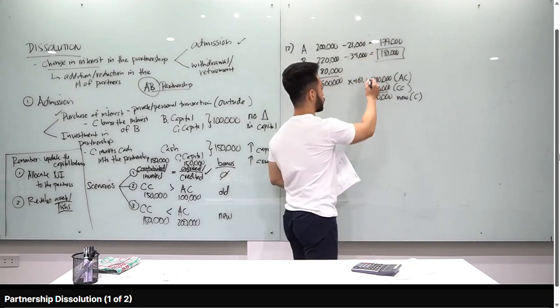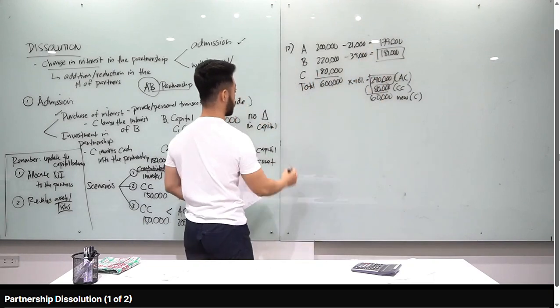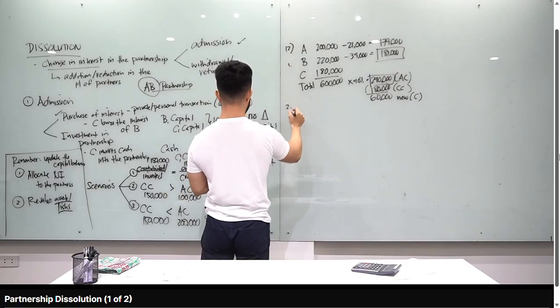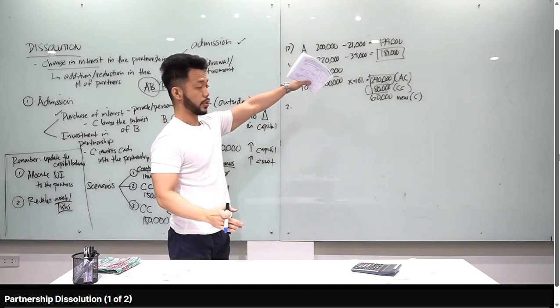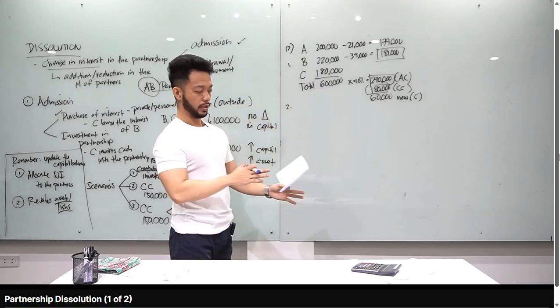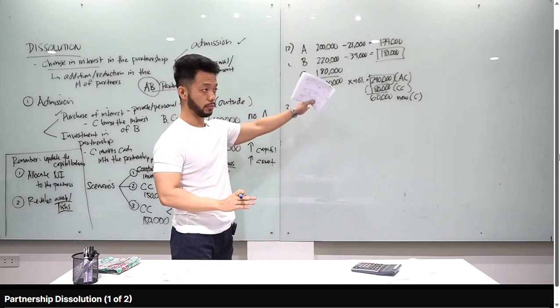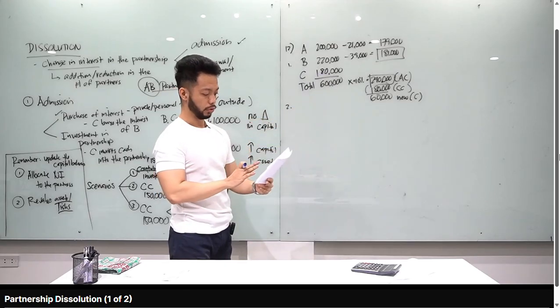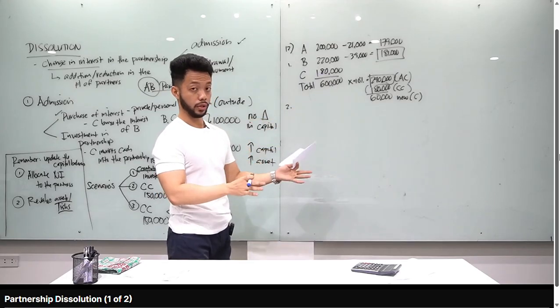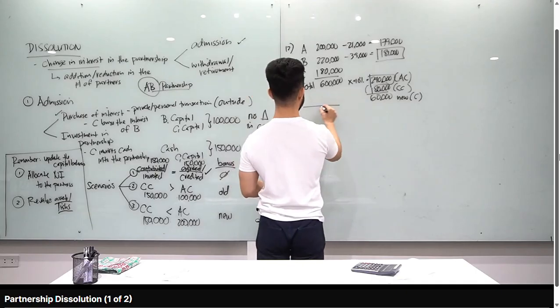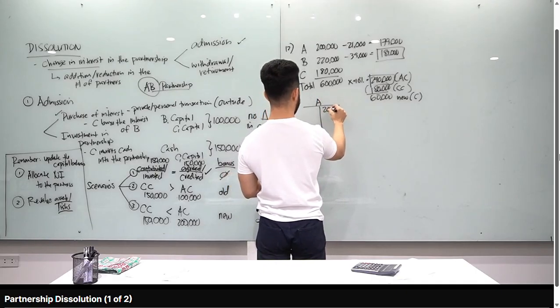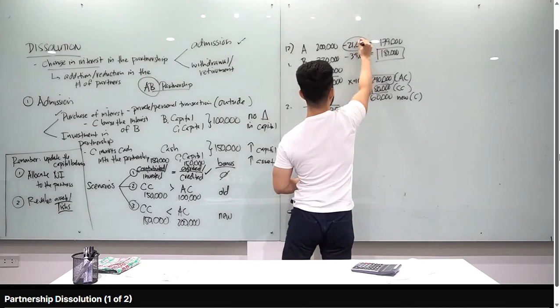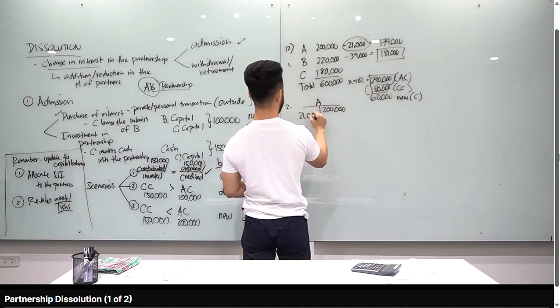Capital balance of C is 240,000. Let's go to question number 2. How much is the capital balance of A at the end of the year? Sir, no difference on? Di ba 179,000 yan? Hindi. Because may net income na binigay sa problem. So again, let's assume na yung admission nangyari January 1. So yung 130,000 na-generate siya for the 3 partners. So tingnan natin class. Since capital balance yan, pwede tayong mag-T account. Beginning balance of A is 200,000. Tama? And then, i-minus natin yung 21,000 na yan. Bonus to partner C yan.